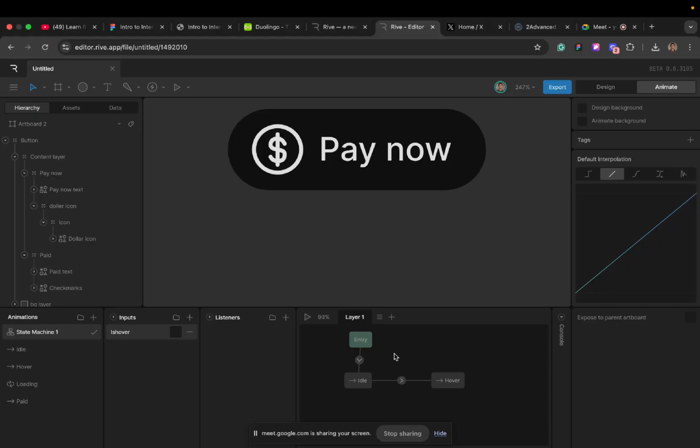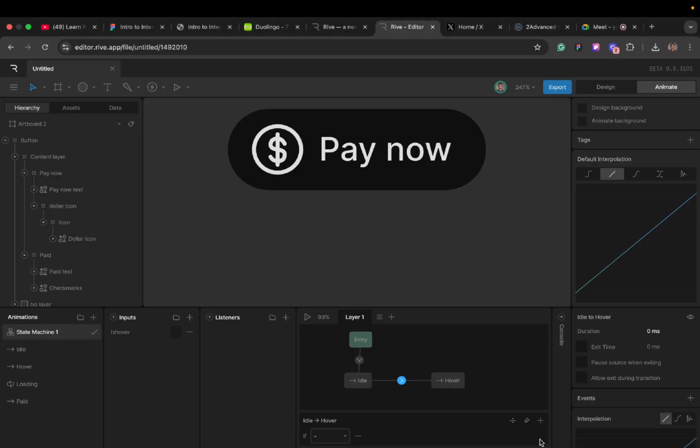So I'm going to click on this arrow icon, and come and click on this plus icon. It's going to bring out this simple illustration, like it's going to tell you that if... So I'm going to click on this, choose our output, I'm going to choose our input. If over is true, that's what it's trying to say, if is over is true, now you can jump to over,